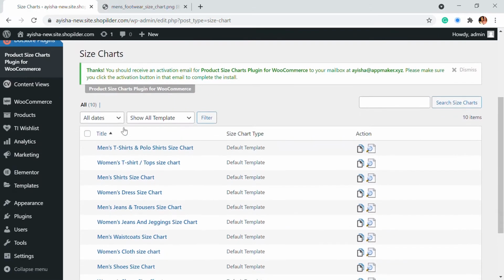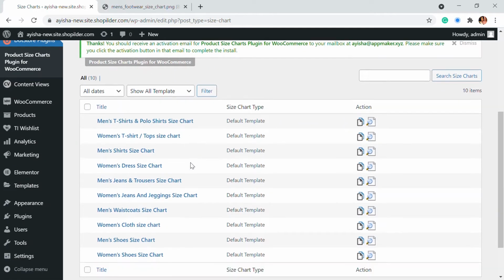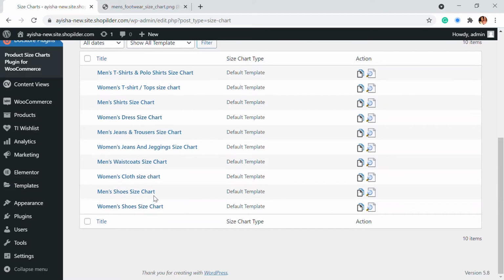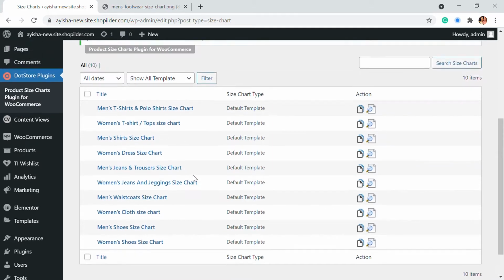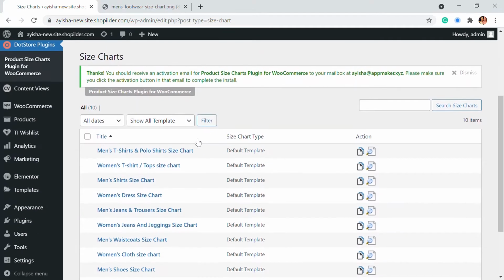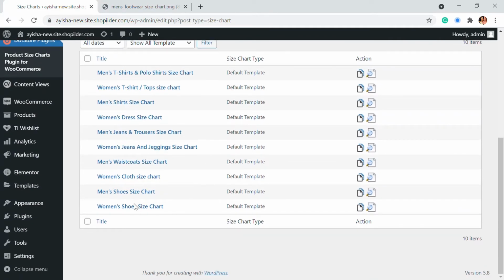And here we have a sample of many size charts. Like there is a men's t-shirt and polo t-shirt size chart, and all these size charts are right here. So we were looking for a footwear size chart, right? So I'm just going to go to the men's size chart option right here.